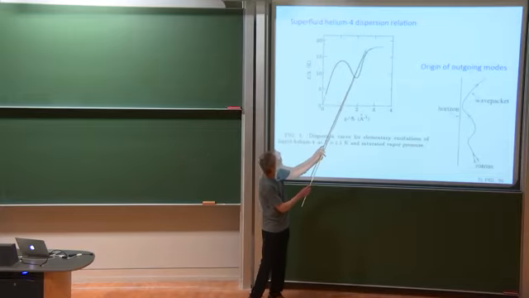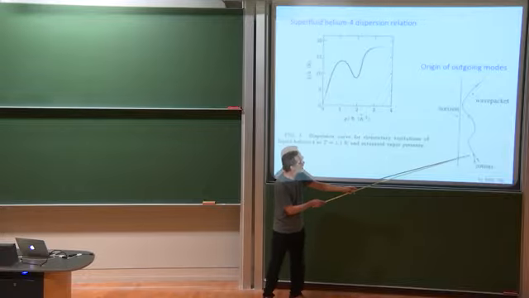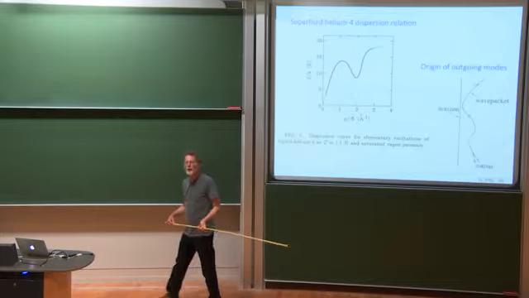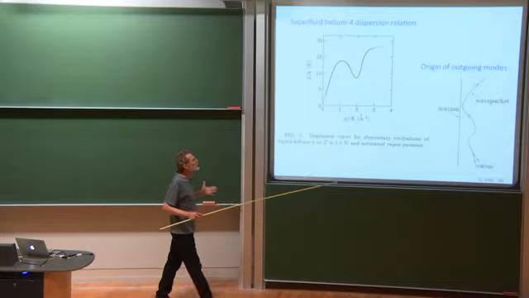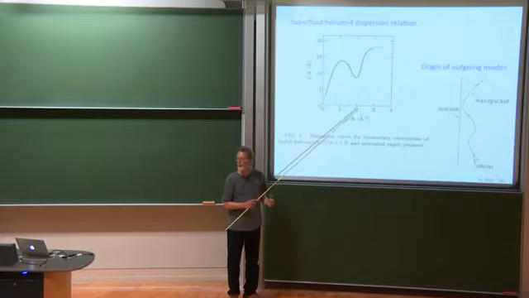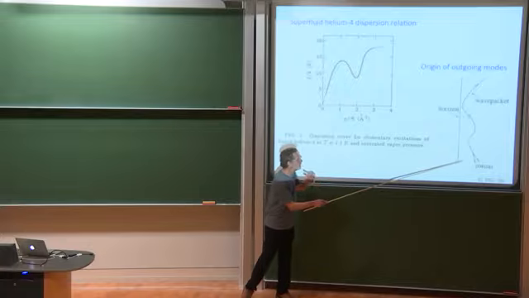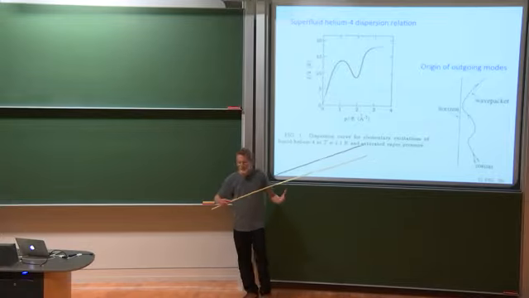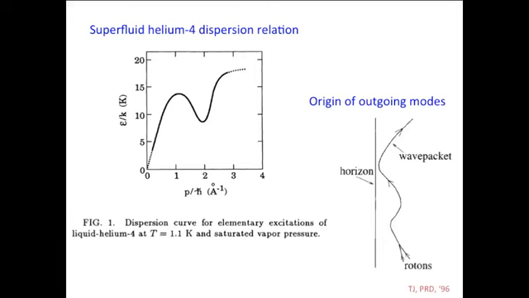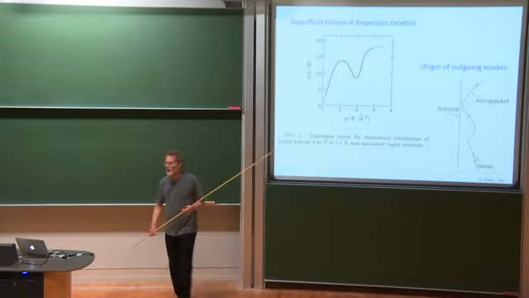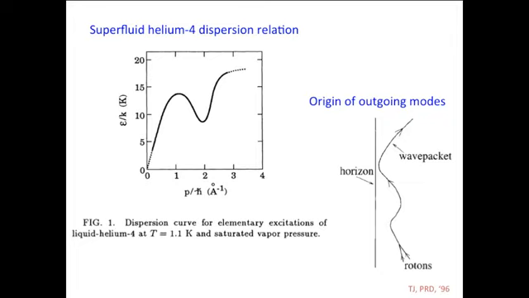Eventually, it gets pushed off to this part of the dispersion curve, where it actually decays backwards in time into a pair of rotons. And you see that the origin of the outgoing modes in this superfluid helium-4 model is some kind of collection of microscopic excitations of the fluid that come together teleologically, because I put a final boundary condition on, to produce this outgoing mode. So it's kind of complicated. And in fact, how would we begin to study Hawking radiation in a system like this? Or do we have to do the many-body quantum mechanics of this system?